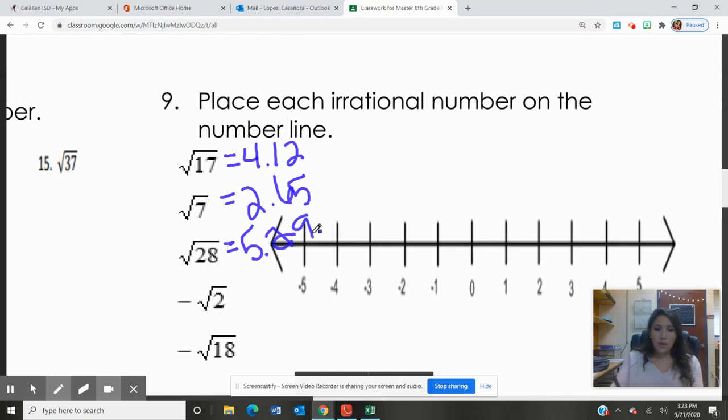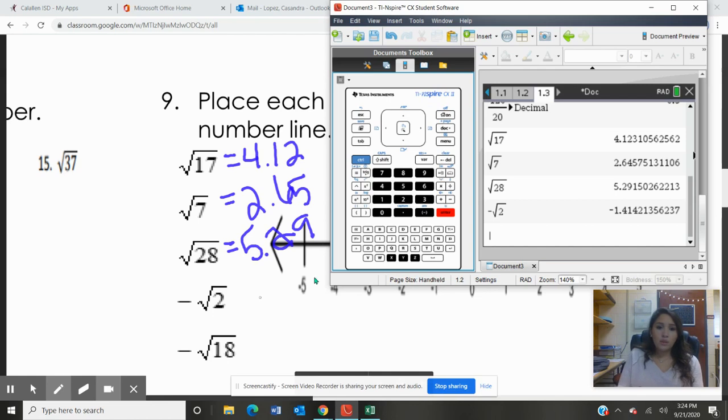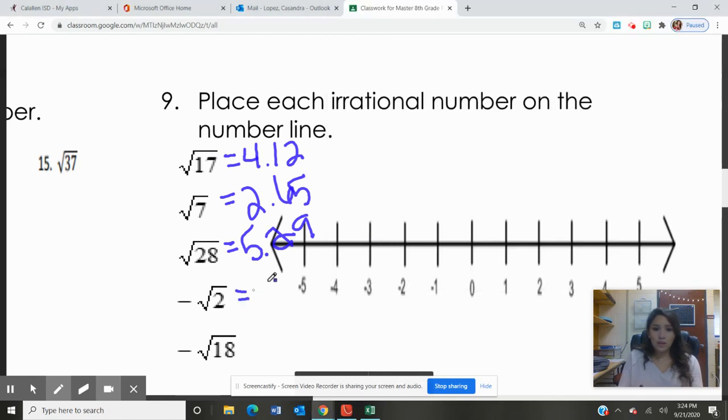5.29. Okay, now I have negative square root of 2. So I'm going to first start off by putting the negative symbol. Then I'm going to do Control X squared to get my square root symbol. I'm going to put 2, and I'm going to press Enter. This is equivalent to negative 1.41. So this equals negative